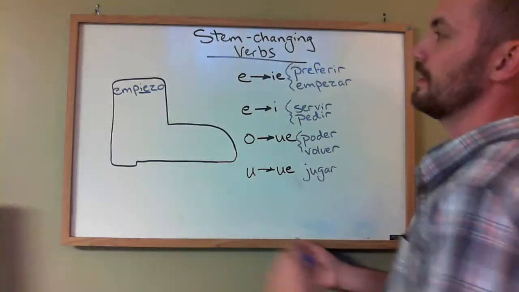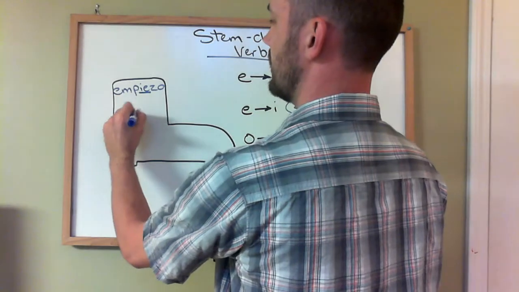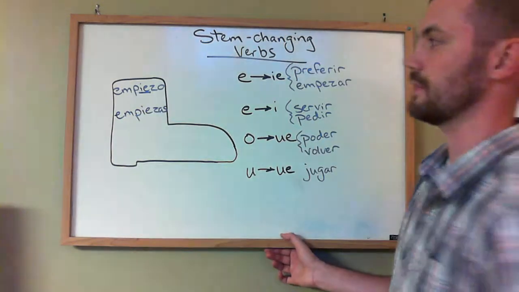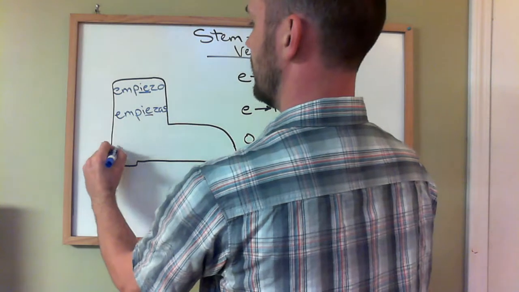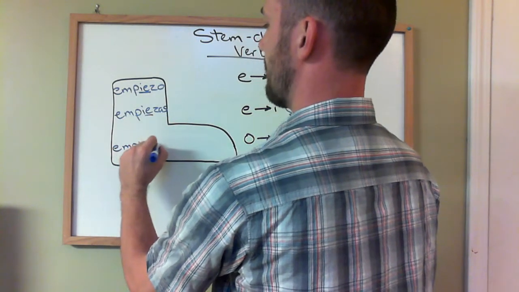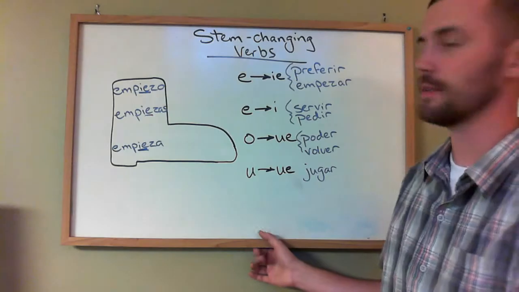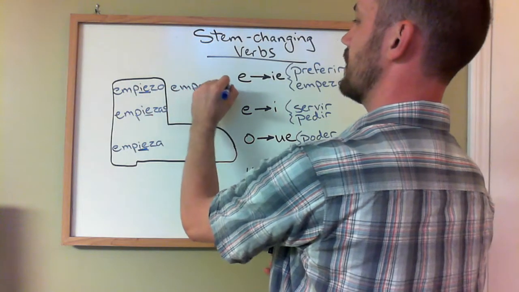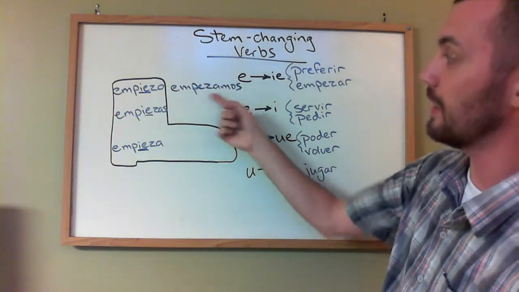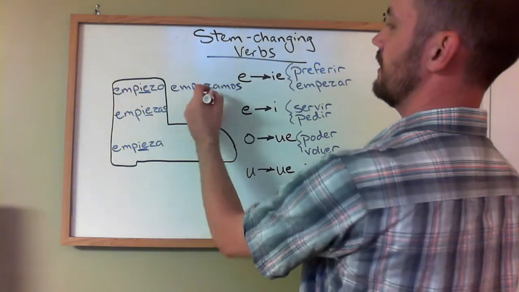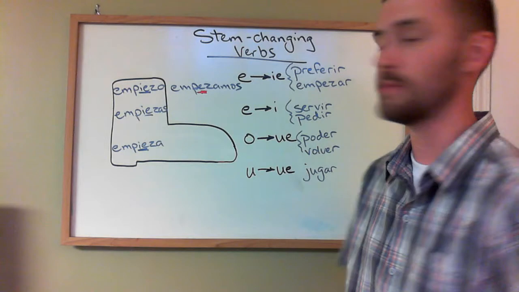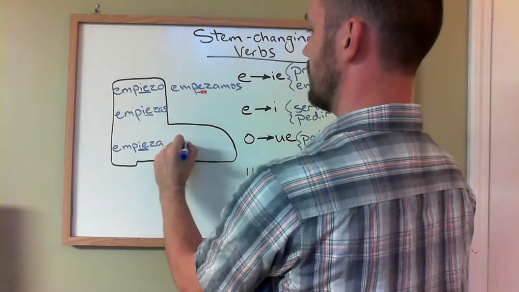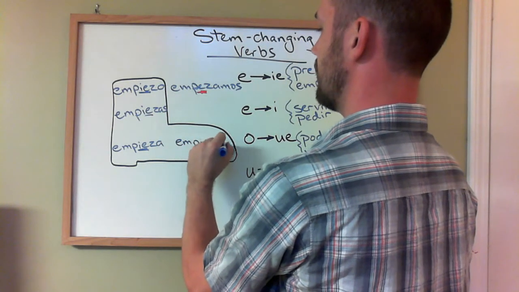All right, and let's continue. Changing the E to an IE. Empiezo, empiezas. Next is empieza. Keeps the stem change. Notice now that it becomes empezamos. I'm going to underline this in red so you'll see that there's no stem change. And then down at the bottom, we're not in España so we don't use vosotros, but at the bottom it's empiezan